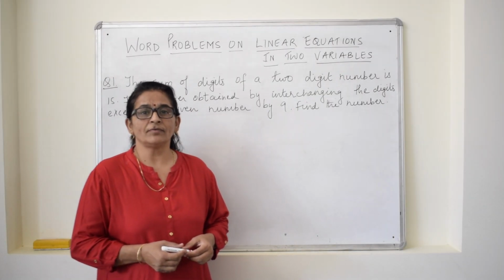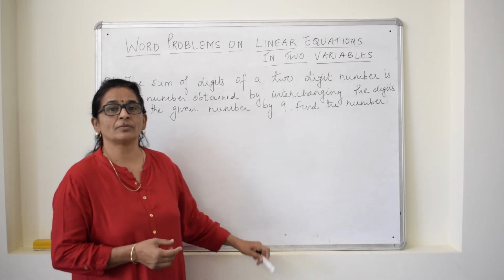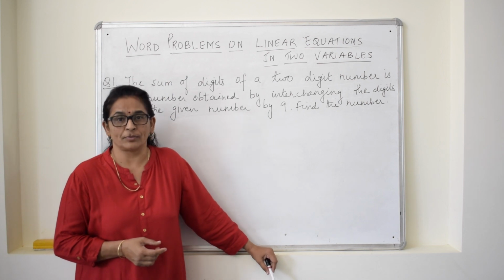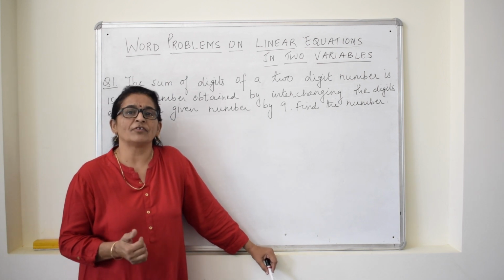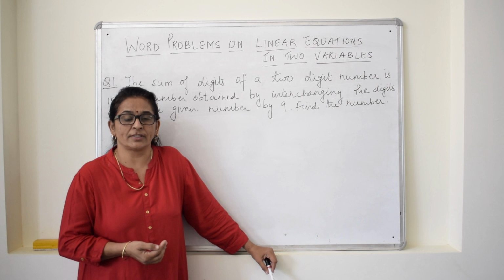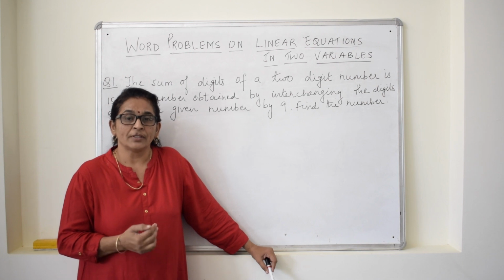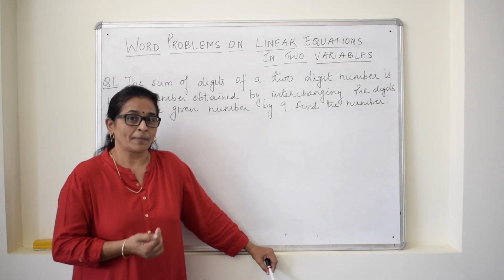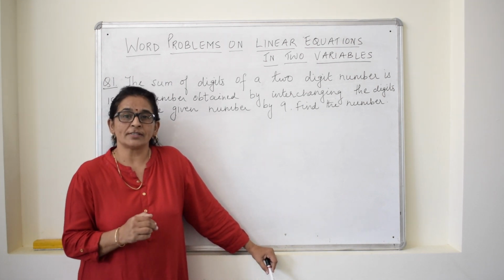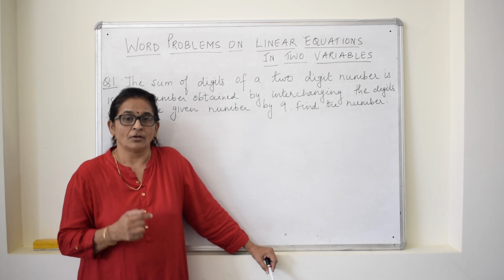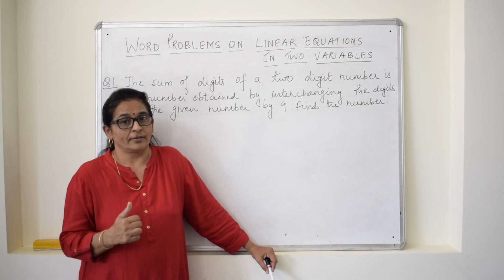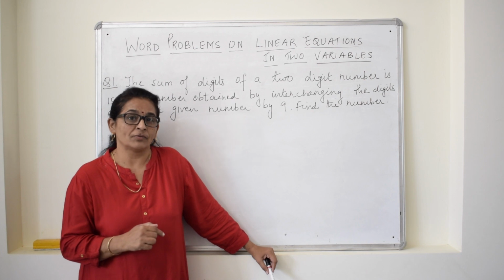In this lecture, we will discuss the word problems which are based on linear equations in two variables. Word problems are of different types. They are based on digits, two-digit numbers, fractions, age, speed, time, upstream, downstream. So we will be discussing some word problems in which the formed equations may be in standard form or maybe in not standard form. So both types of word problems we are going to discuss.